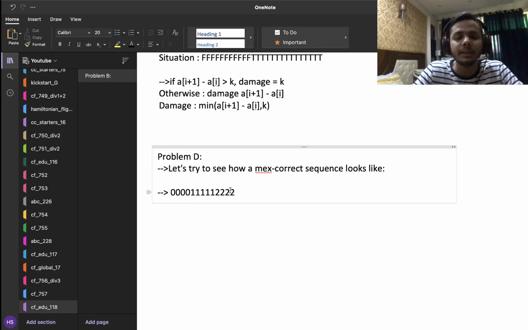And I can use a similar argument that now if I decide to stop using 2s, I can either use a 3 or a 4. So let's say I decide to use a 3 here. And now again, when I'm at 3 and I decide to stop using 3s, then I can use either a 4 or a 5. So let's say this is the point where I stop using consecutive integers and I skip one number. So I'm going to skip 4 and I'm going to use 5. And this is allowed because the max is 4 and 5 minus 4 is less than or equal to 1, which is not a problem. So this is the point where I skip.